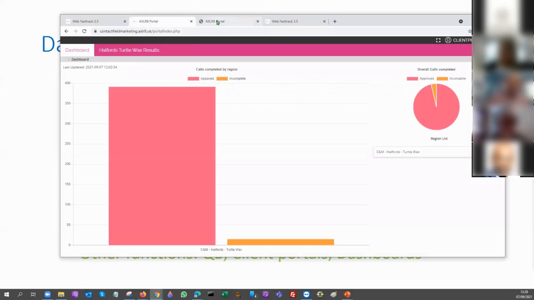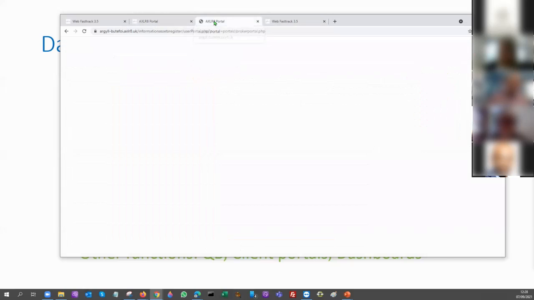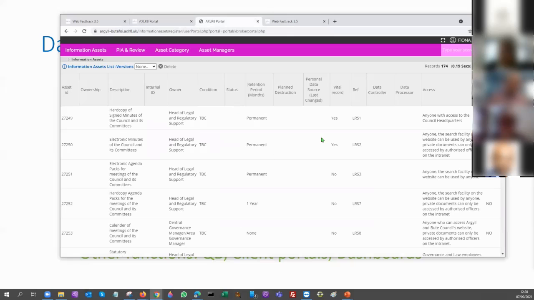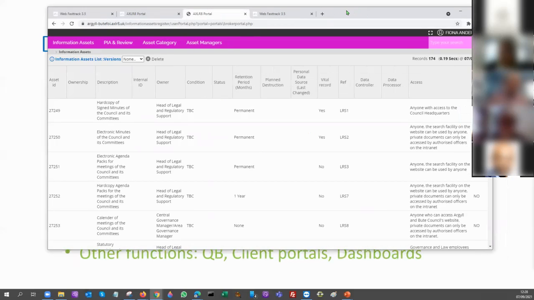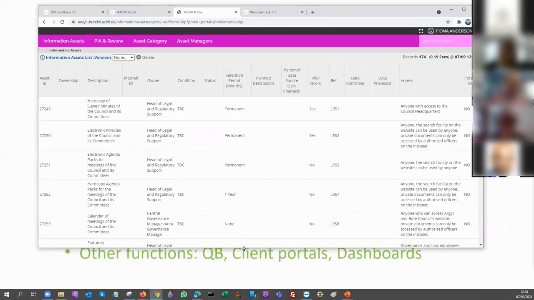This one here, I'll just show you very quickly, is one of the graphs with the new colors. This one here is a government one, also built on portals. These are reports that you can see here. So this one has no personal data in it, because it's a list of assets, and they're